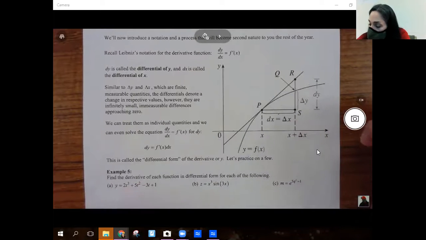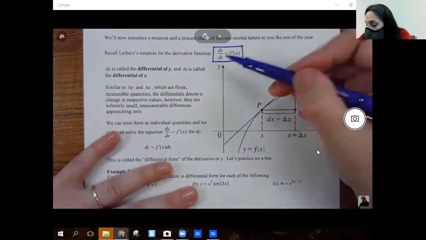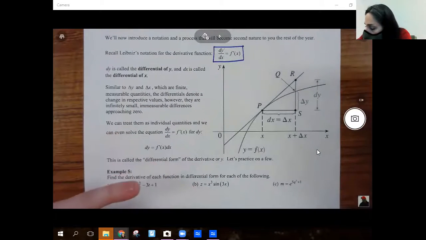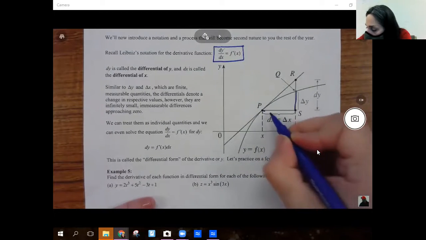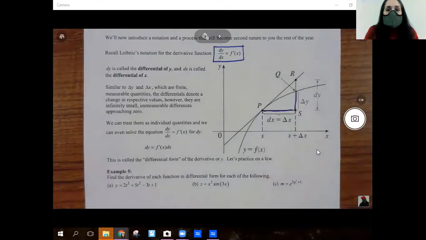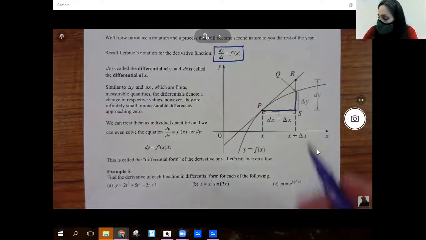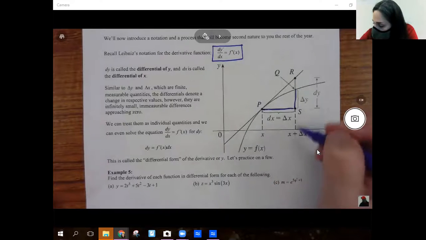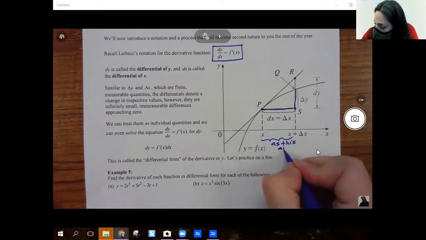So Leibniz used this notation, dy over dx, change in y over the change in x. And so when you're using a straight line, your change in y over your change in x are like concrete terms. It's this many units up, this many units to the side. That's your slope, right? But when you approach a distance, like this x plus delta x, as this gets smaller and smaller and smaller,